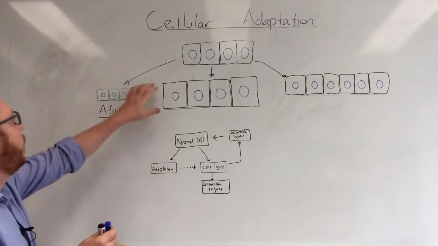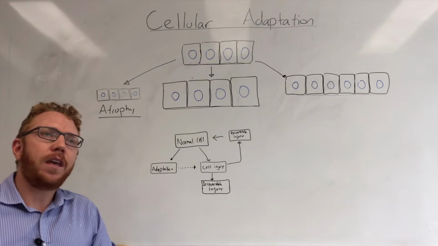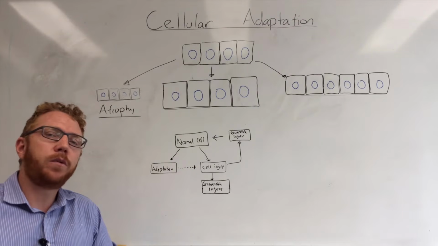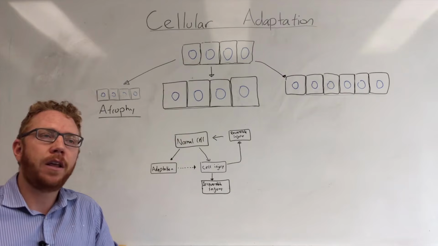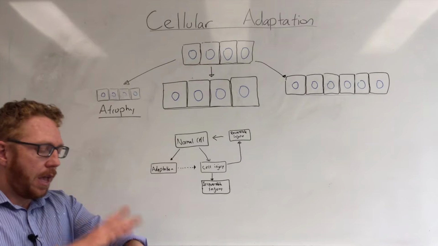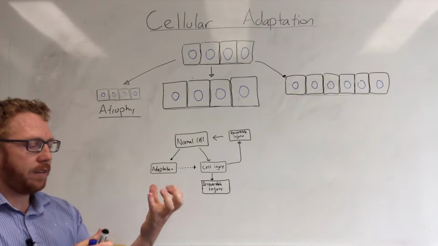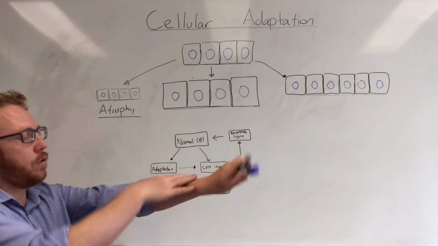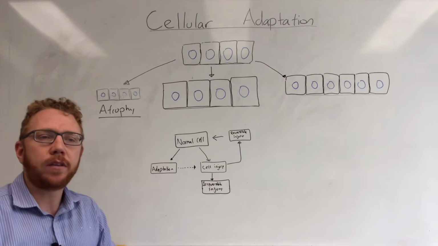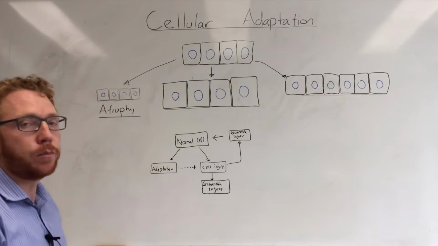Now, the reason why it would decrease in size is it would make the cell more efficient. So if your cells weren't being used, and this is a good example of why cells would become atrophied, is disuse. For example, if you were to break your arm and put your arm in a cast, you're not moving your hand and fingers and so forth. So the muscles in your forearm aren't being used anymore. So when you take that cast off in 8 weeks, your muscles in your forearm have become smaller, which is